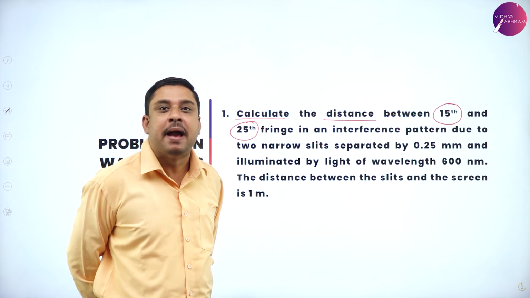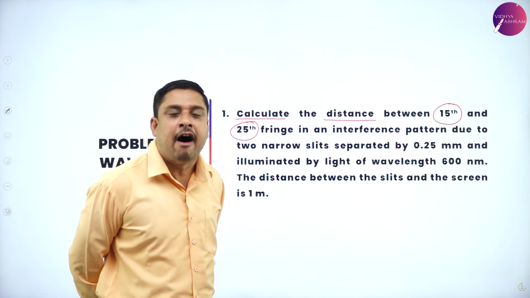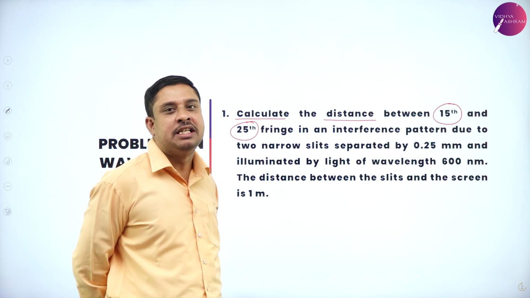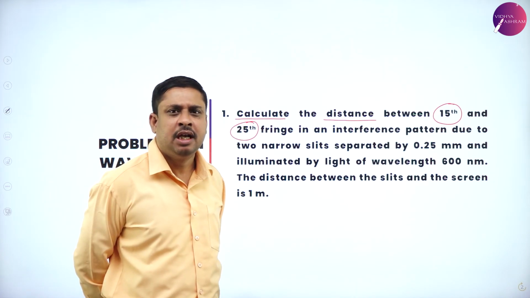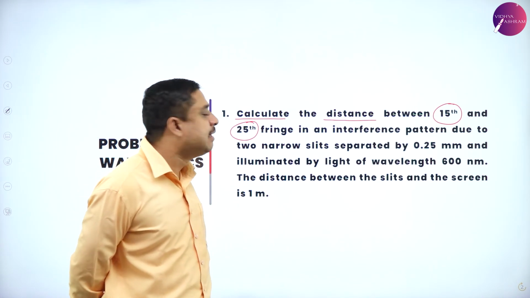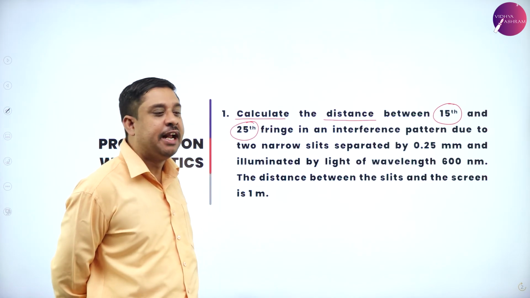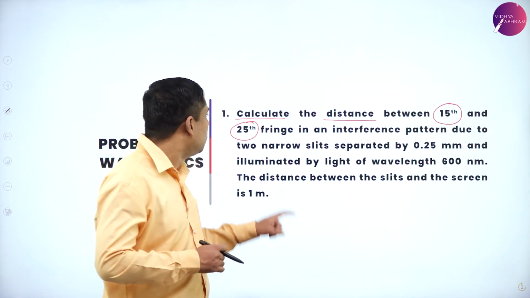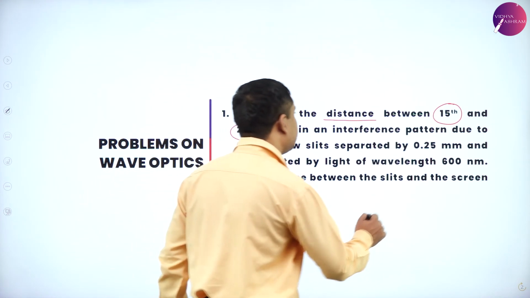If they are not mentioning whether bright or dark, we will consider it to be bright fringes. So I have to calculate the distance between the 15th and 25th bright fringe in an interference pattern due to two narrow slits